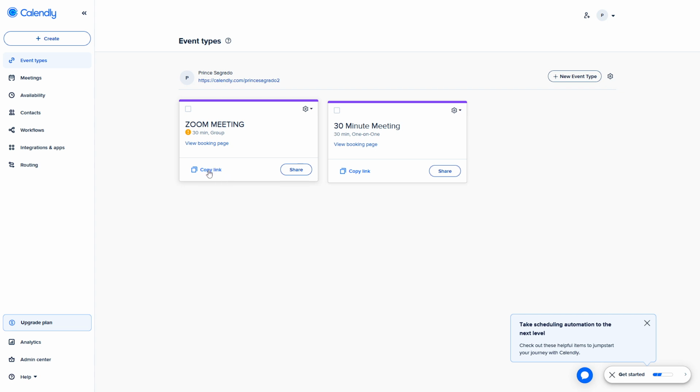Finally, here comes the key part, locating your Calendly meeting link. You'll see on the page for your Zoom meeting the option to copy link. Just click on it to copy your meeting link to your clipboard. You can now paste this link into an email, message, or any other form of communication to invite people to your meeting without hassle. It's useful to keep this link handy so you can quickly share it whenever needed. And there you have it, a simple, effective way to find and share your Calendly